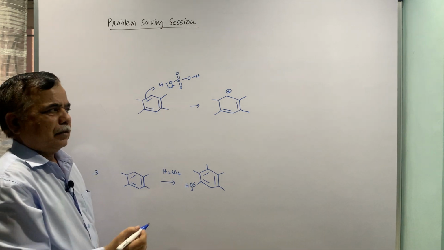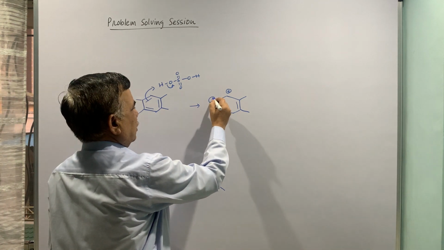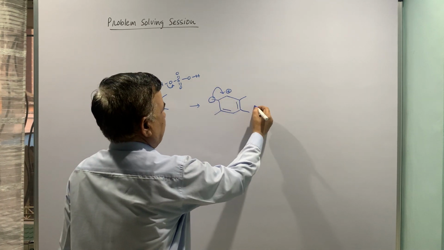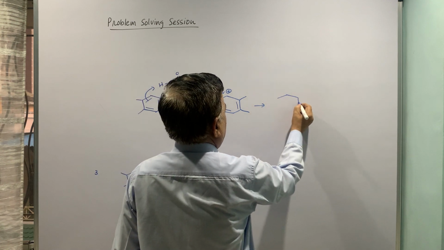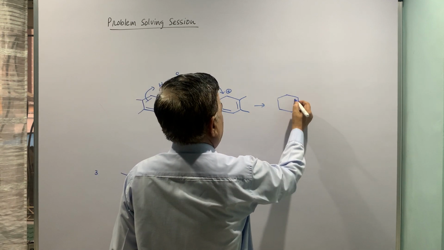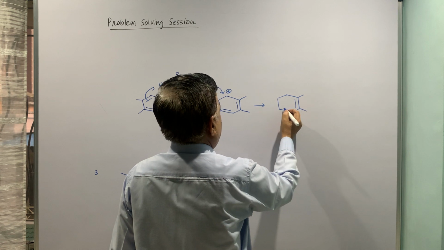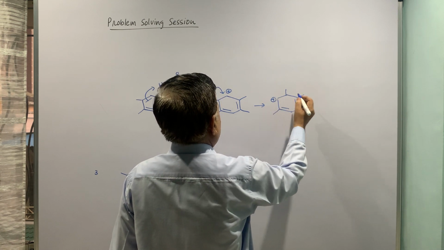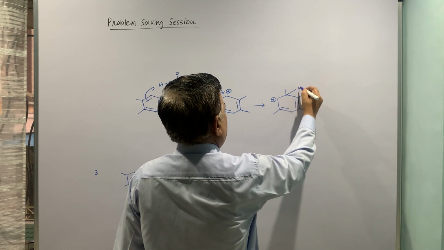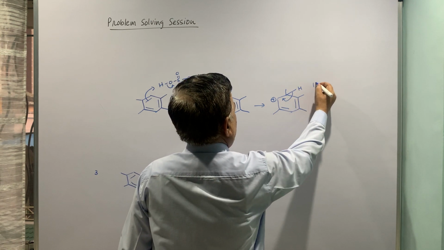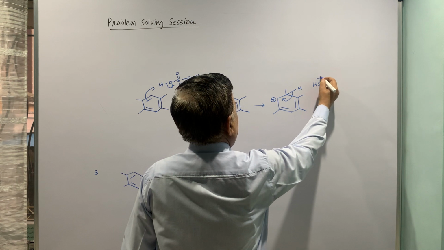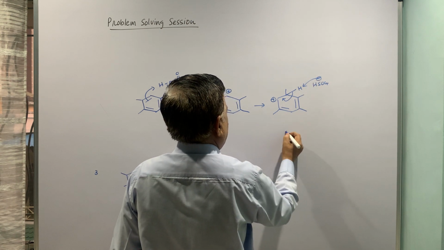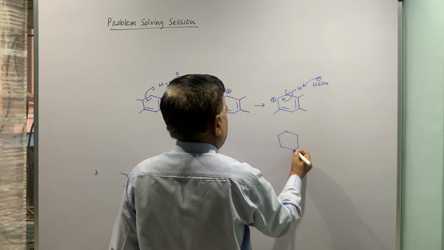Okay. This methyl migrates and you get methyl shifted here, this becomes positive, and loss of hydrogen to the conjugate base can give you the